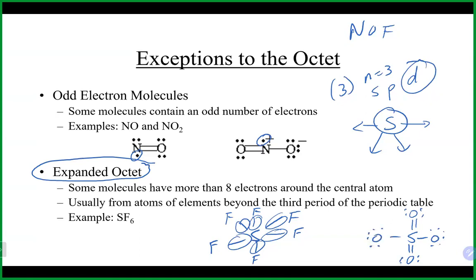And you put that down for sulfate, and your teacher clearly knows you Googled it because you're not supposed to go over 8. You're supposed to end up with a structure that looks like this. So just a reminder, don't Google them. Draw them yourself. When you draw sulfate, it should look like this with all single bonds and not the double bonds. There's a reason why you see that double bonded thing happen